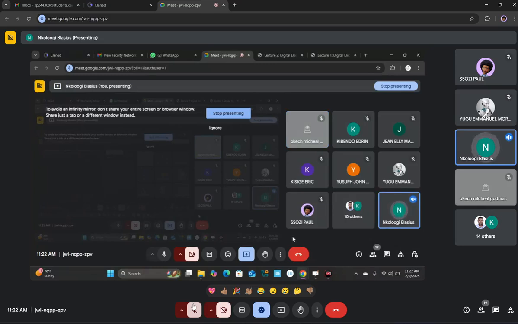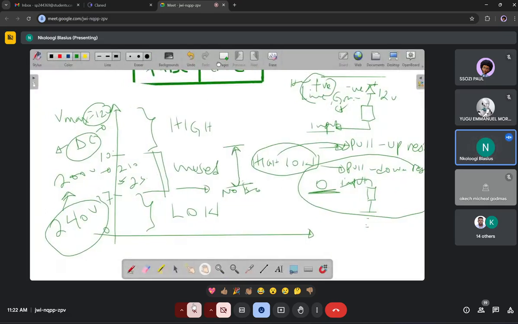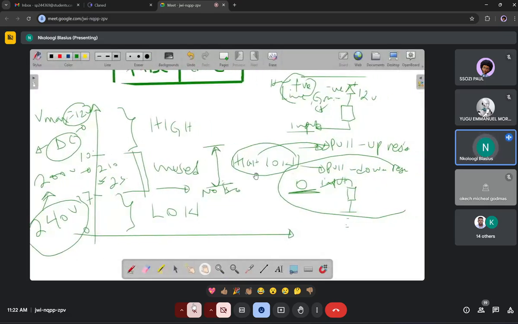I got an opportunity to study some electrical engineering. The real idea is this: even when you power off,